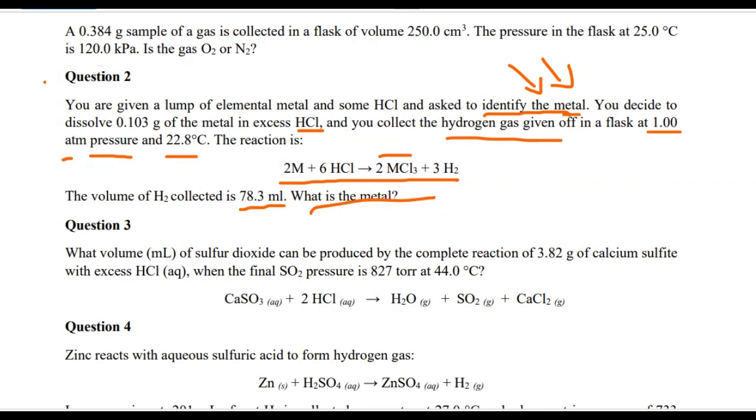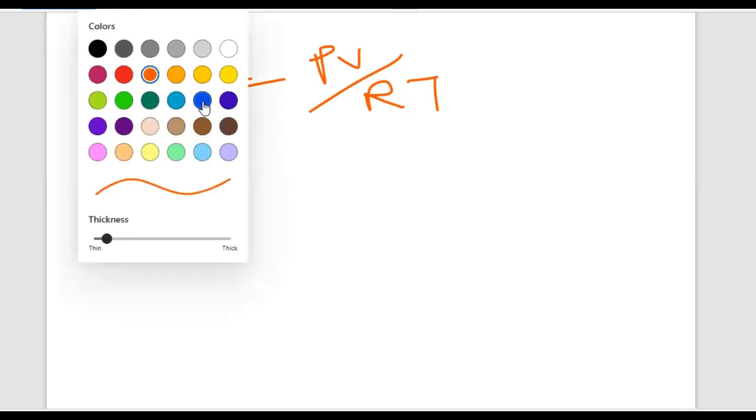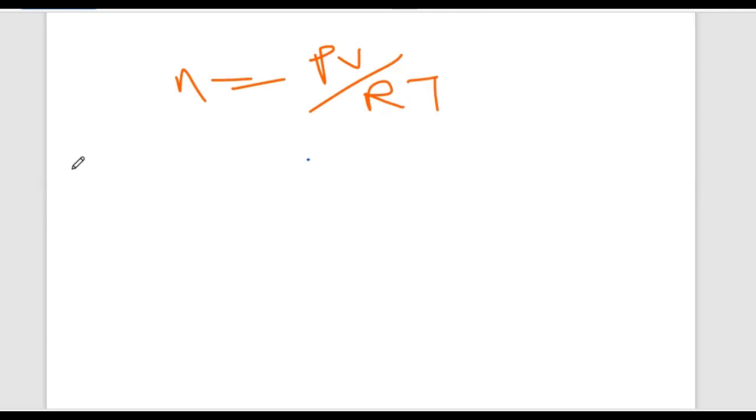Okay, so how are we going to solve for the moles of hydrogen? Remember I said we use the ideal gas formula. Number of moles is equal to PV over RT, and we know the values of all this. So what is our P, what is our V, what is our R? Remember to put them in the appropriate units. Our V, which is the volume, is just